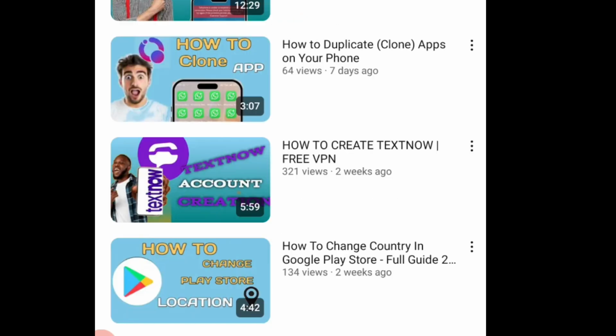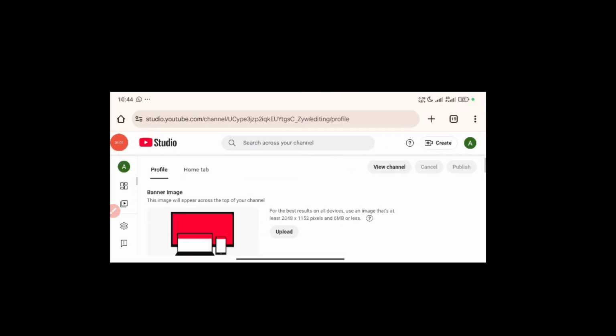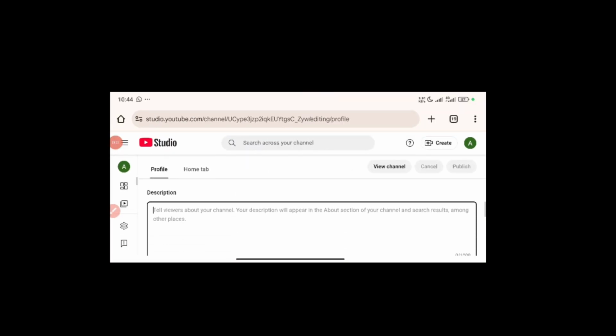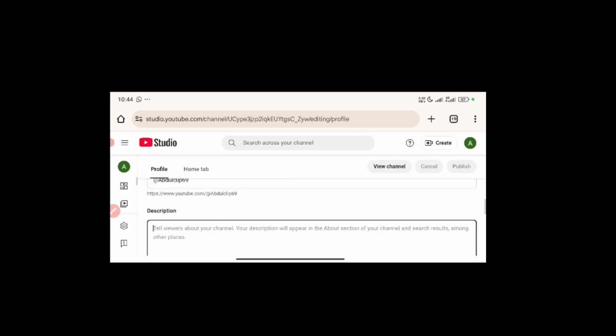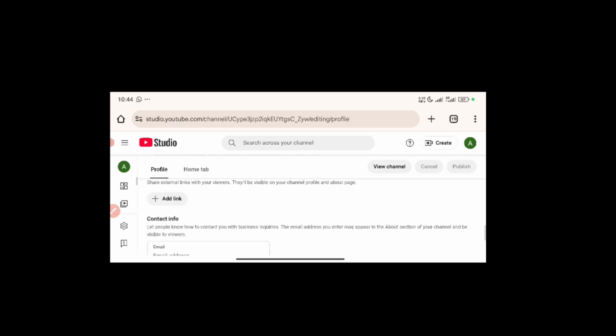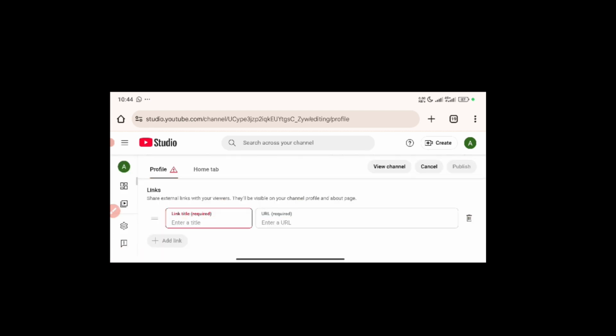So you can see right here, I have a pretty short description, but this is my description. So that's it for the description. And also there is another setting, which is this. Here you can add links, for example if you have any account, Instagram, X, Facebook,